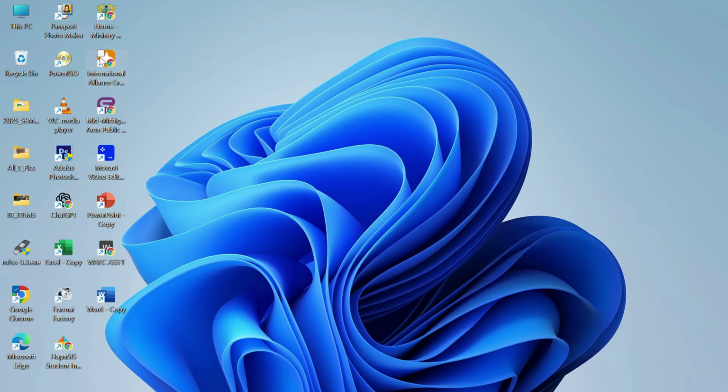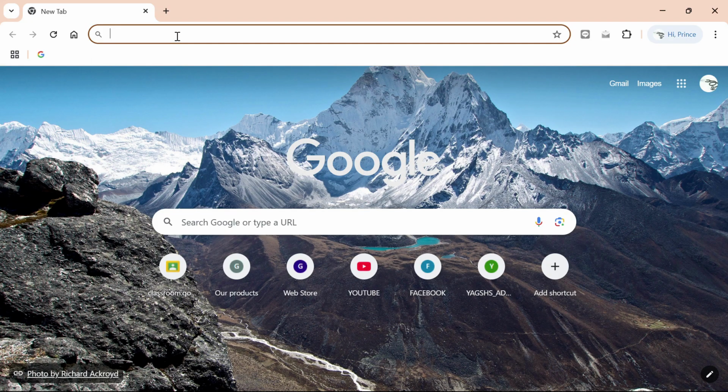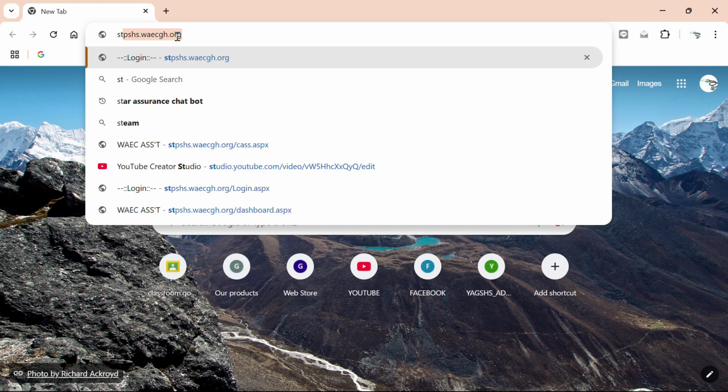Looking through my icons over here on the desktop, I have a Google Chrome browser over here. So let's just quickly launch our browser. All right, now we have launched our browser. Locate the URL address bar. That is where you're going to type your URL address, which is the